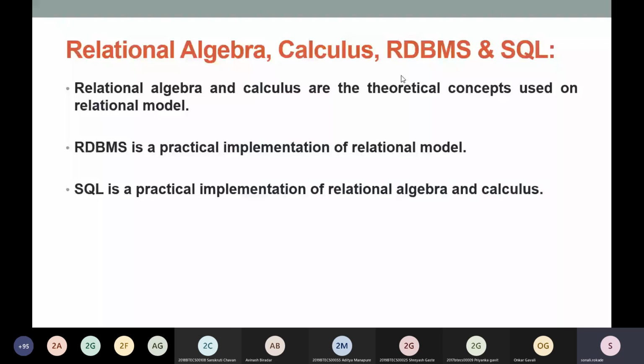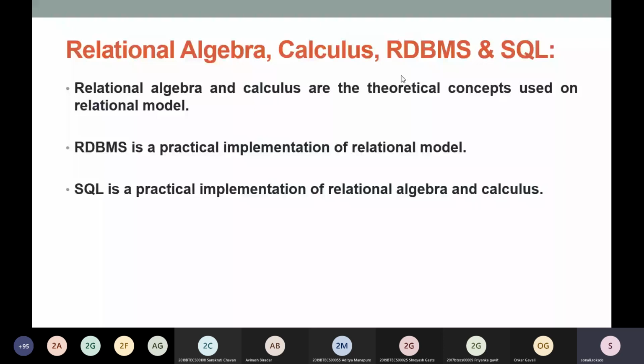Suppose we want to retrieve the student name, and we have created the stud table. So what will relational algebra do in this case? It filters the name and PRN number from the student table from the given input. So in mathematical form, relational algebra has produced a subset of the student table.